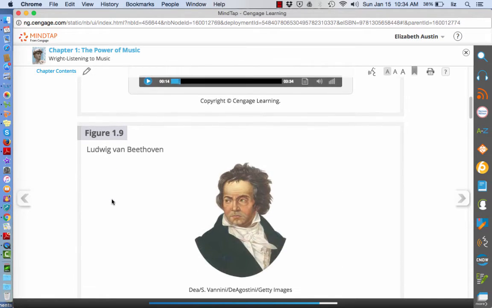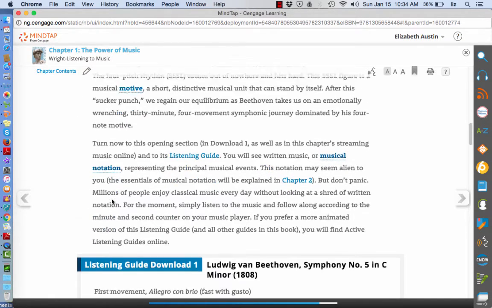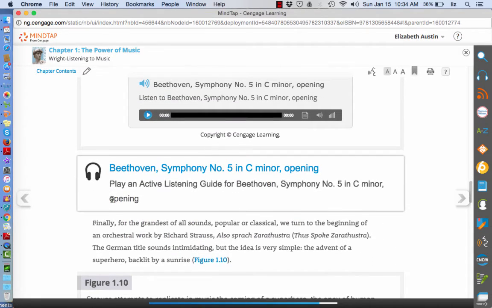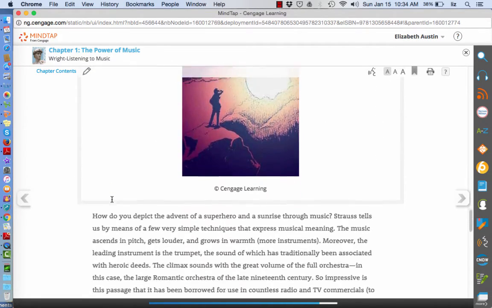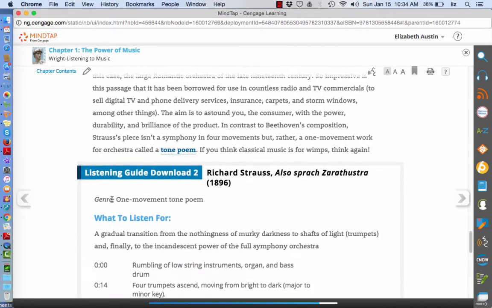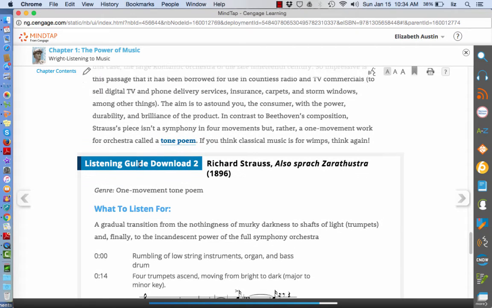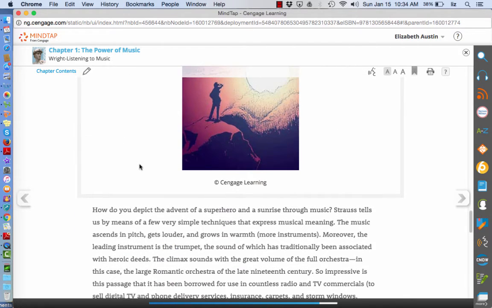And so forth. But everything is going to be accessed in the order in which I want you to do it. And you will not be able to skip around until you've gone through everything one time. And there are going to be listening guides, and there's going to be